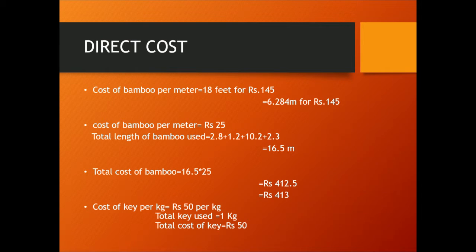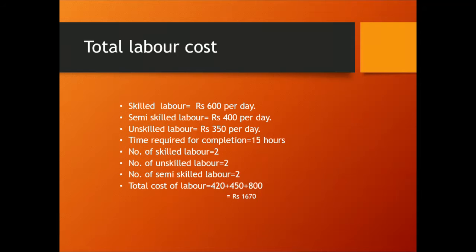Now I would like to explain which category of the cost analysis will be included in what type of cost. So the direct cost includes the material which we have used in this making, which is bamboo, and later on the key which is used in this truss is also considered in the direct cost. The labor required for this making, if we are considering this prototyping on a very large scale, will also be considered in the direct cost.